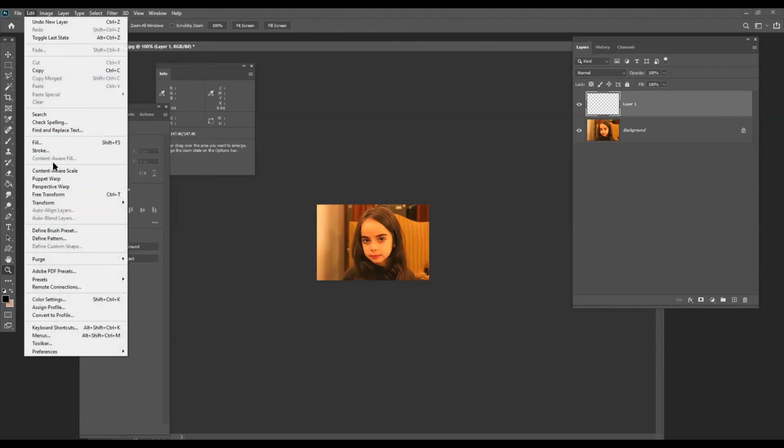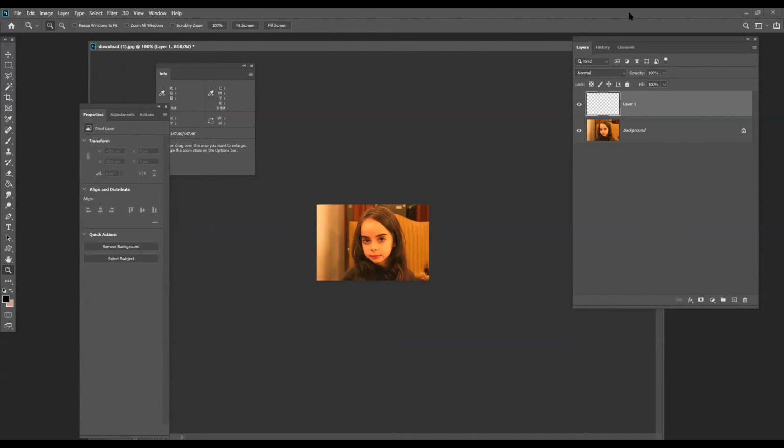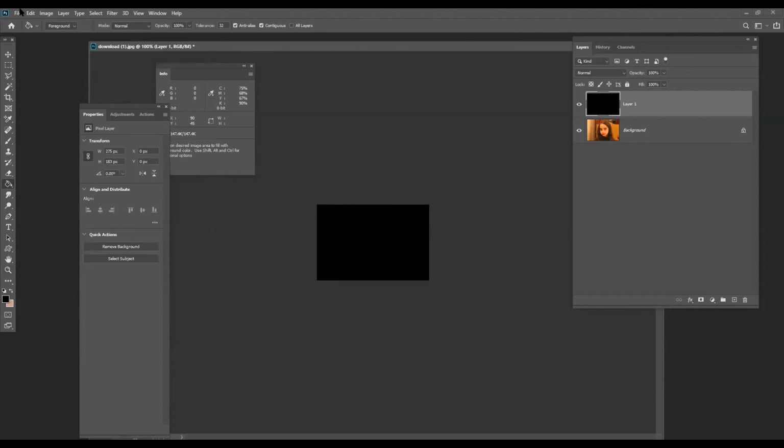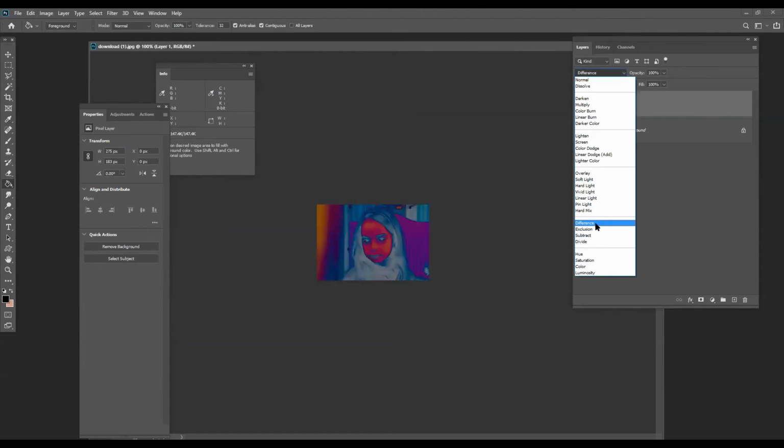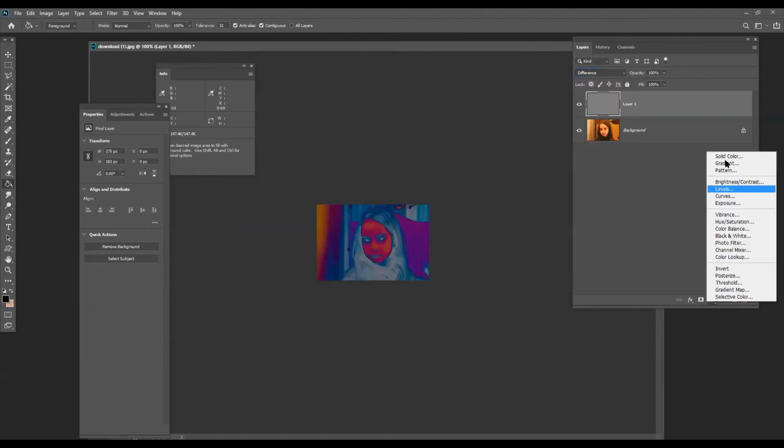Now see, we'll go with color black, fill 50% gray, threshold.